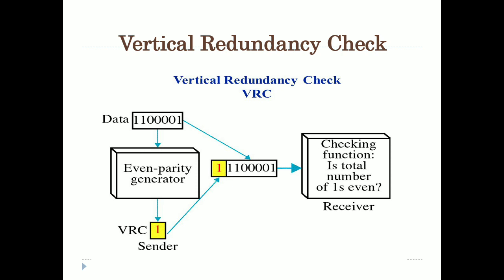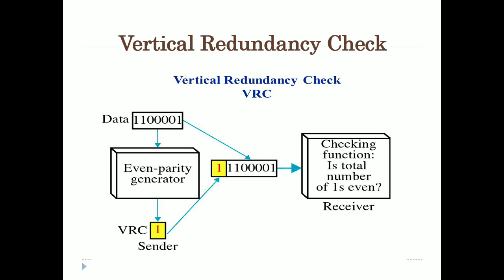VRC is also known as parity check, and it is the least expensive mechanism for error detection. Here the redundant bit is appended to every data unit, so that the total number of 1s in a unit becomes even. So here in the diagram, suppose we have taken the data